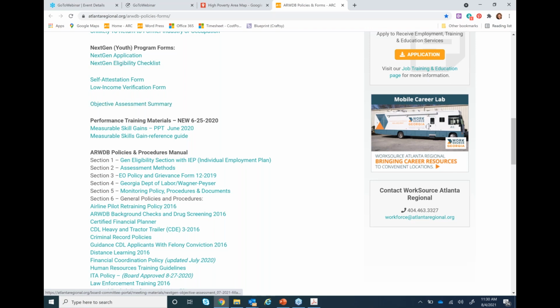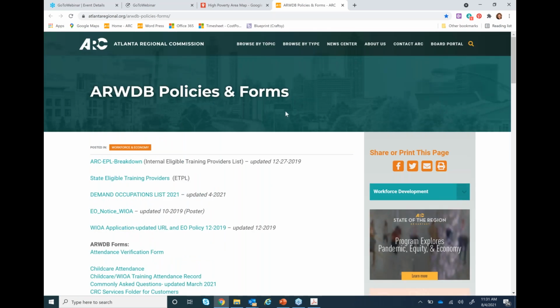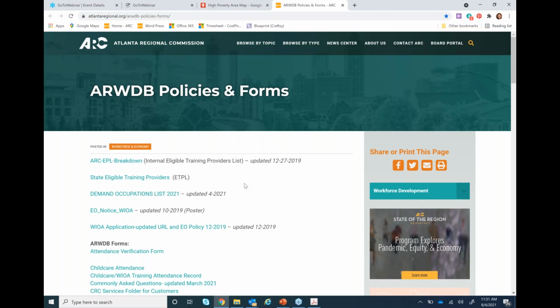And as the weeks progress, you will start seeing all the other forms popping up, like the work experience forms and the exit forms, etc. They will pop up here. We are already in the process of having our own website put together. So it's going to look similar to this, but it's just going to say Next Gen policies and forms up here instead of being all of them.